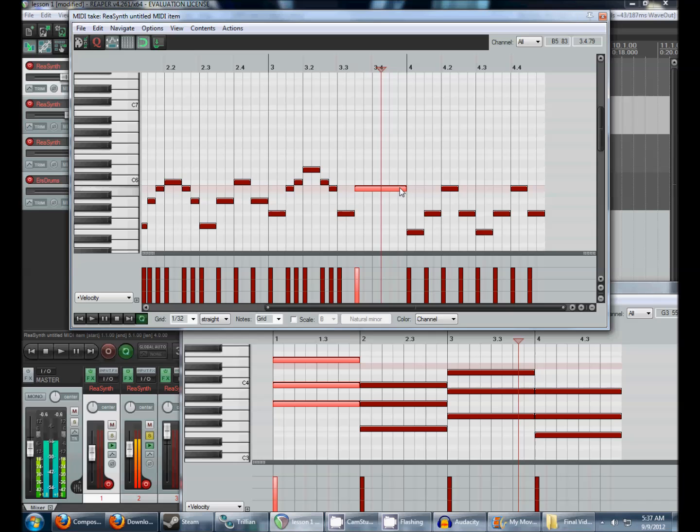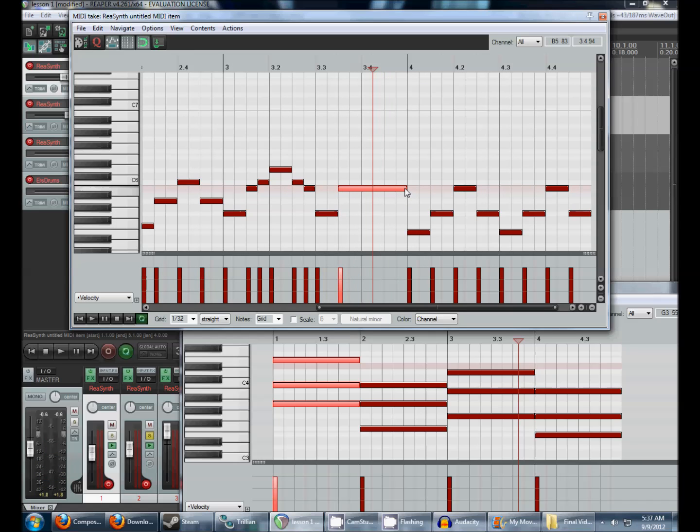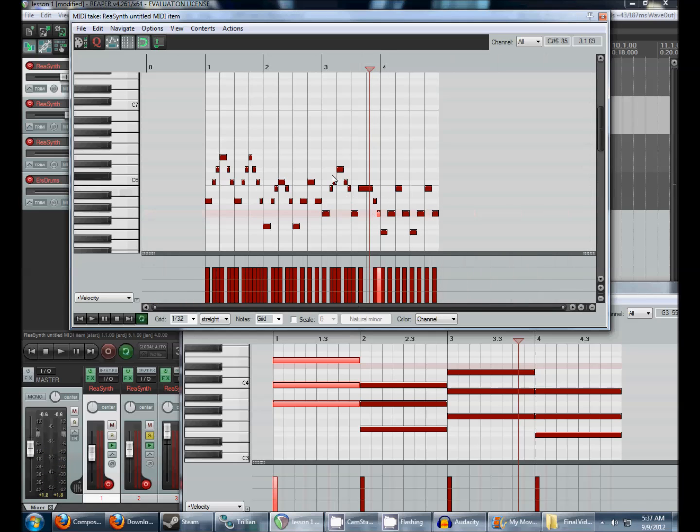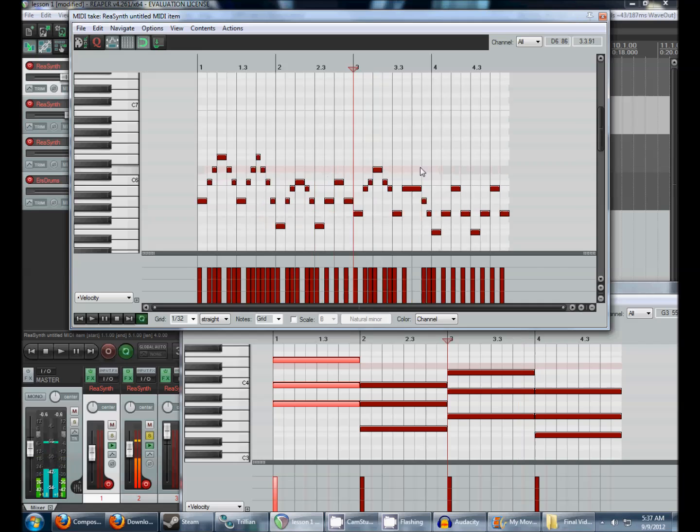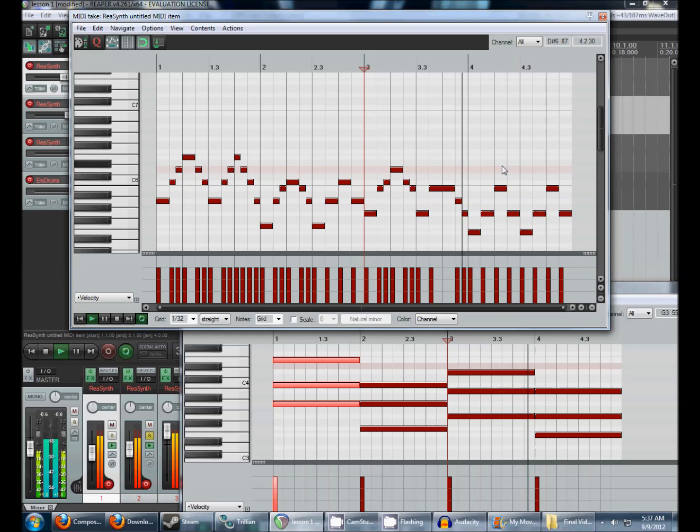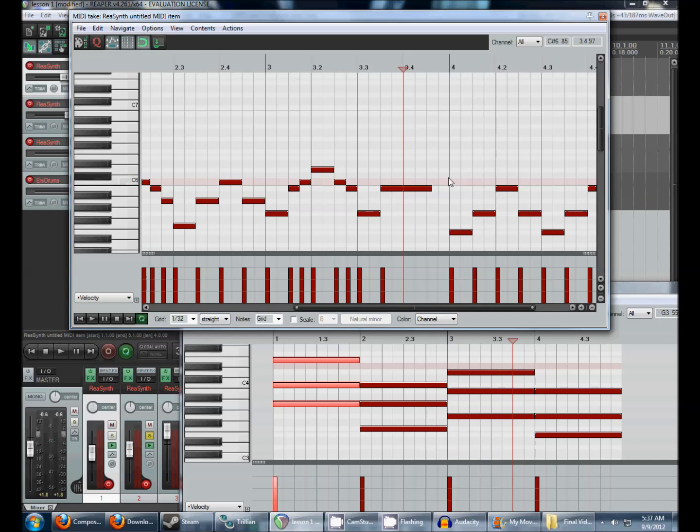Like, rather than have this hold all the way and then change, you'd probably want it to do a bit of lead in to the next note and have something, say, like that at the end. Probably more like that. So that, well, you can hear the difference, as opposed to this. It's, you know, not a rule by any stretch of the imagination, but just a general suggestion for keeping the